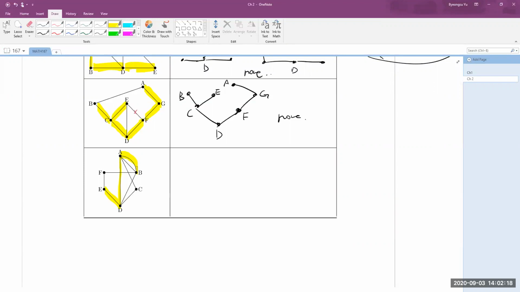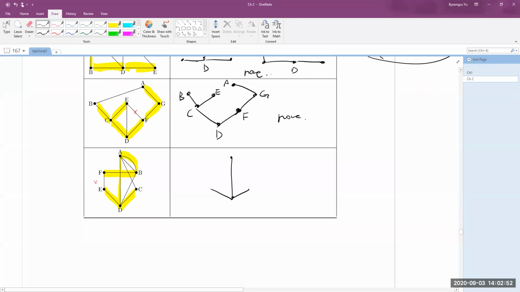Otherwise, if you choose 2 edges from A to B in the spanning tree, then it makes a cycle, right? So if you choose 1 edge from A to B, then you cannot choose the other edge, and vice versa. And maybe you can choose FB. Then at this point, we cannot choose FE because if we choose FE, then it makes a cycle. So instead of FE, I just choose DC, right? Then it gives us a tree